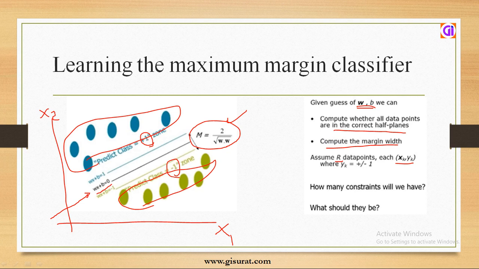Consider you have R data points, but in these R data points we have only two attributes, that is x1 and x2, and we have two class labels actually, +1 and -1. Why I'm just